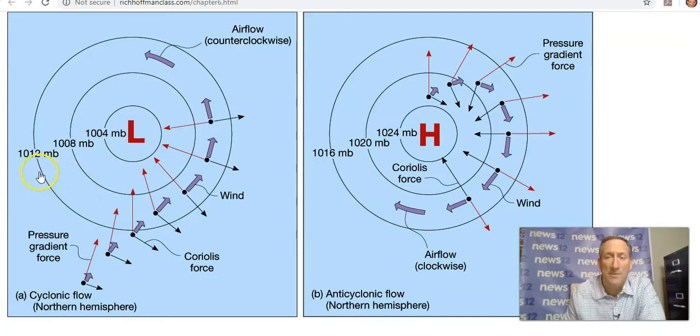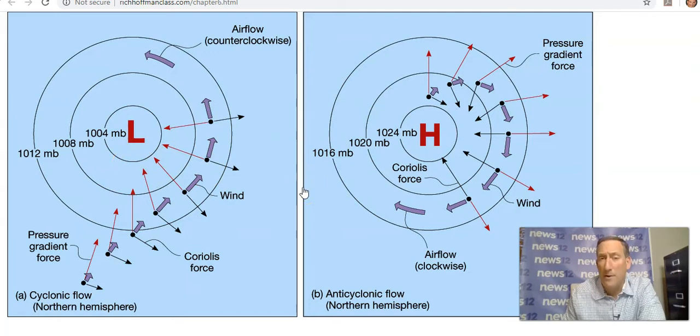So it goes from 1,012 millibars, 1,008, 1,004. Remember, the standard atmospheric pressure is 1,013.25 millibars. Now with high pressure, anticyclonic wind flow and clockwise wind flow around your high pressure. Again, these wind flows clockwise around high pressure, counterclockwise around low pressure, is because of the pressure gradient force, the